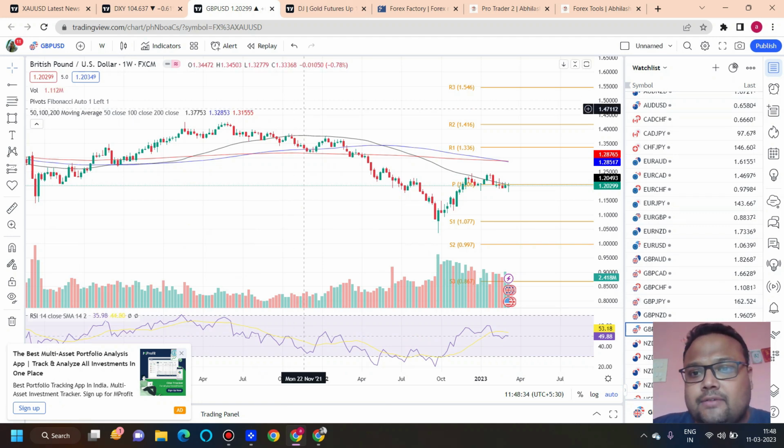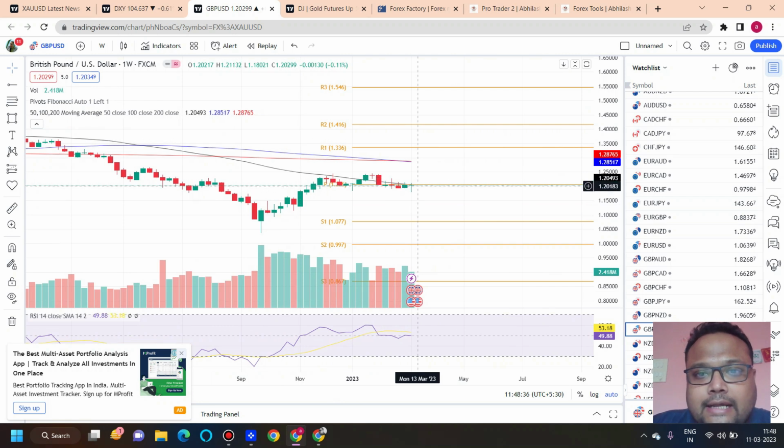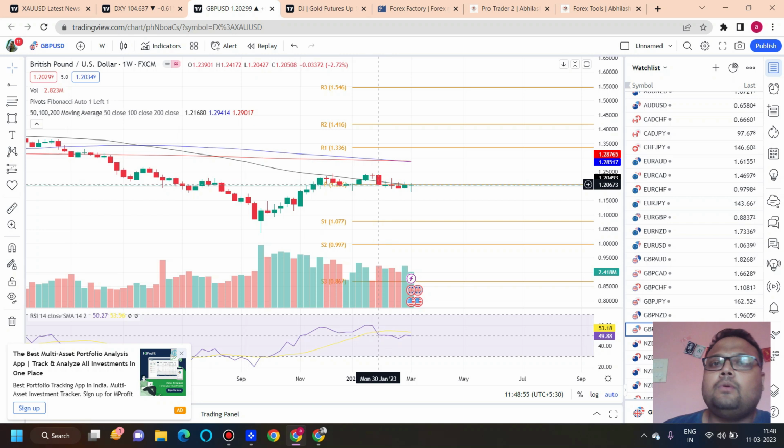So this is the weekly chart of GBPUSD, and you can see that last week GBPUSD formed a doji. Doji usually signifies indecision in the market, and the main reason for showing you the weekly chart is that for more than 1 month, 1, 2, 3, 4, 5 candles, meaning 1 month and 1 week, the market is struggling to cross the weekly pivot level, the weekly resistance of